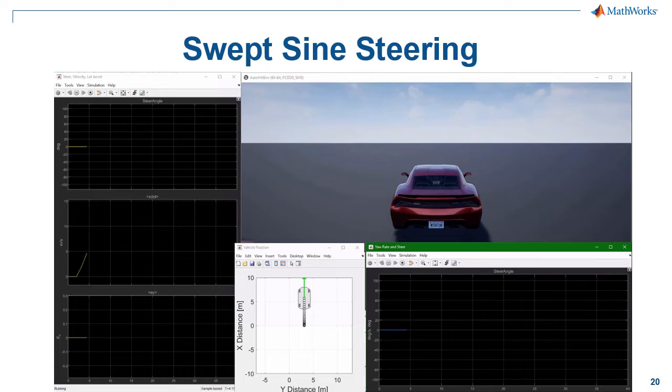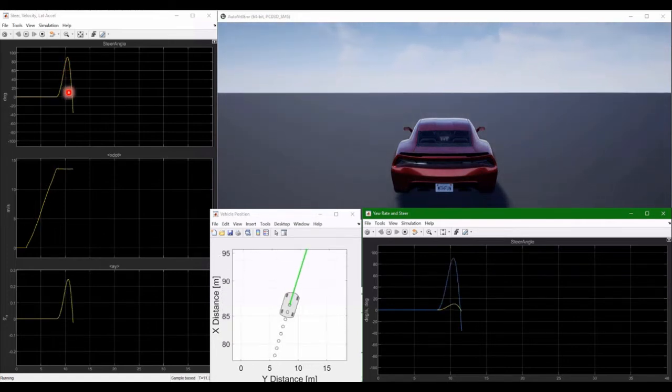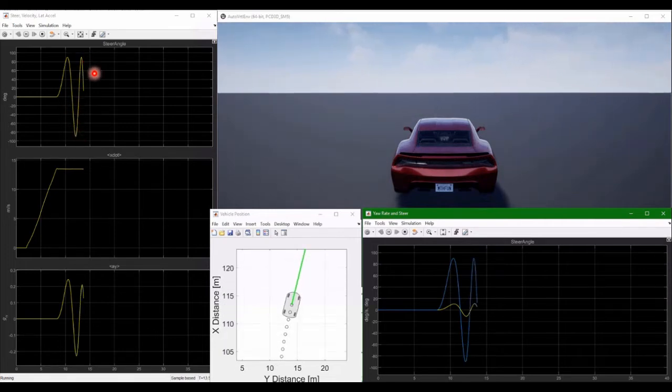In this maneuver we can see a vehicle whose steering wheel is moved from negative 90 degrees to positive 90 degrees at a frequency that's being swept. So in other words, starting out slowly and then faster and faster. Let's have a look at this. So we can see the vehicle reaches a set point speed and then starts to sweep the angle of the steering wheel